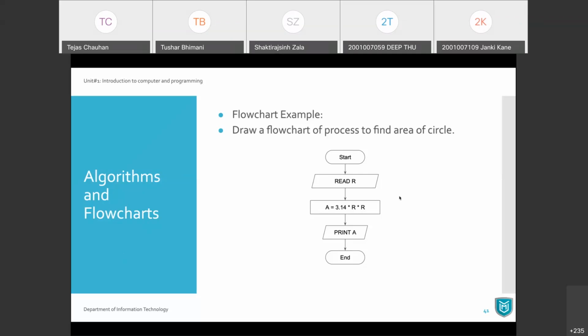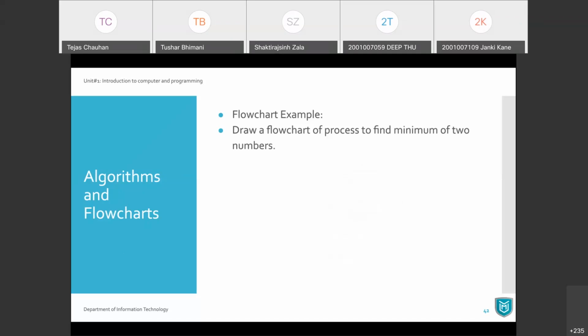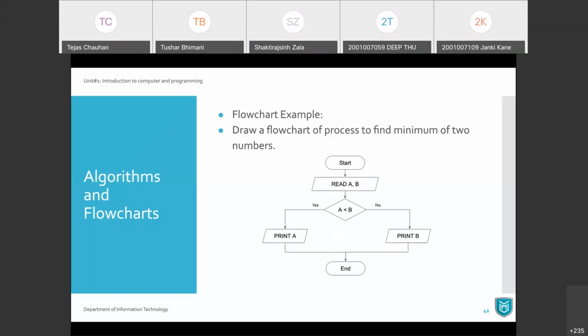Now let's have a look at the conditional flow here. If we want to find out the minimum of two numbers, then we need to have some kind of condition. If this, then this, else this. When you want to go for conditions, we start our process and read two numbers first. That will be the input, so input symbol. Now once we have two numbers, we go for the condition, so condition symbol. Your condition will always have two outgoing paths: yes, no, true, false.